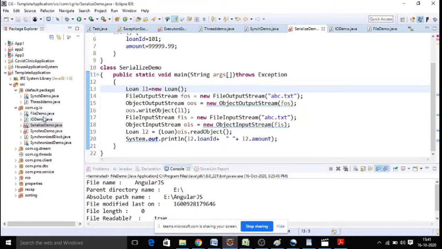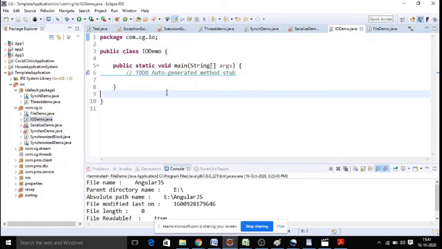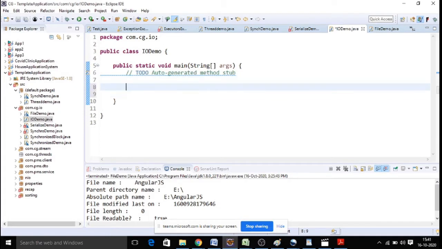First we start with a demo application. I'm going to make use of FileInputStream. It's a predefined class coming from our IO package. Every time we are working with streams, we need to throw the exception called IOException.